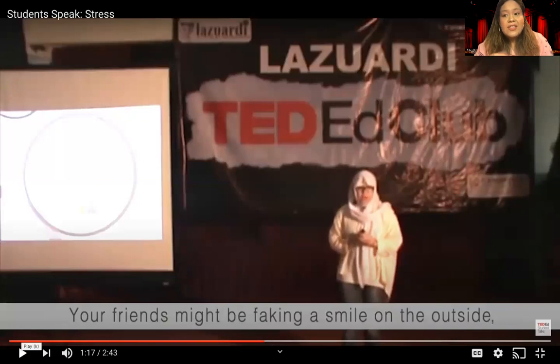Your friend? So what he's saying is that stress can be almost like an illness, like a contagious illness or a disease. When we start to feel stressed out, we stress other people out, the other people around us. Our feelings, no matter what they are, whether it's a positive feeling or a negative feeling, happiness, sadness, stress, anger, it's contagious. So if we bring that around other people, then other people will start to feel that way as well. But what he said is it also works in reverse, right? So if you see someone who's stressed, you can help them to feel less stressed, and you can have that same effect and carry out good feelings instead of negative ones.